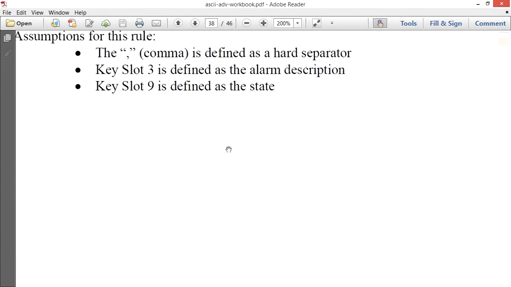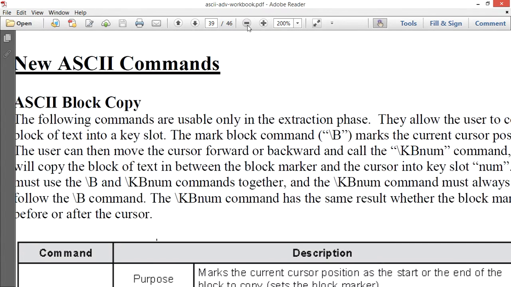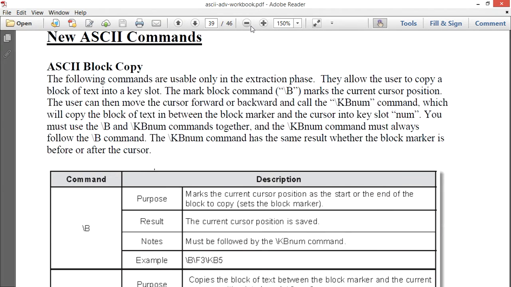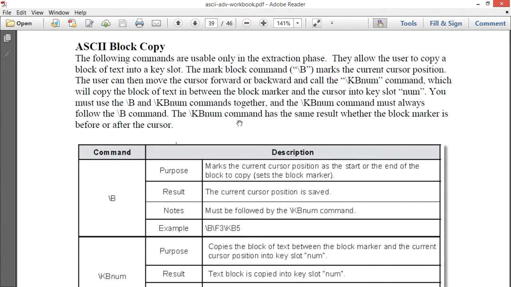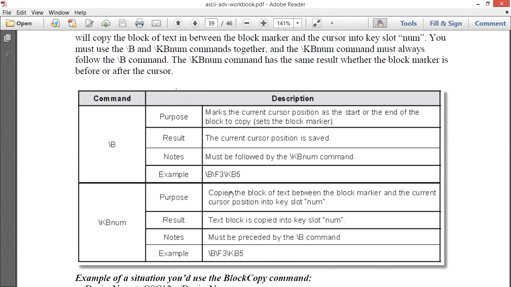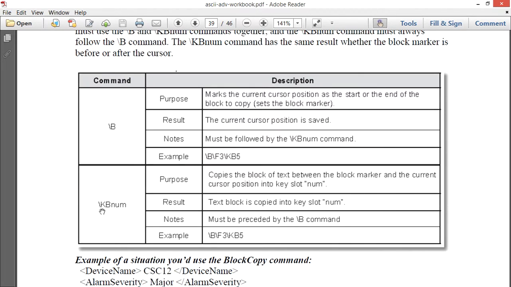Okay, so the next one would be the ASCII block copy. So this one's pretty simple. As you're moving the cursor along our text, you can put a /B to put a cursor in the current position. And then you would just do like /forward1. Just keep moving your cursor. You can even move it to the very end of the line, or you can match on a certain keyword. And then you can do /KB, and then whatever key slot you want to put